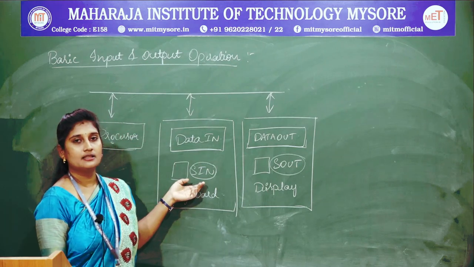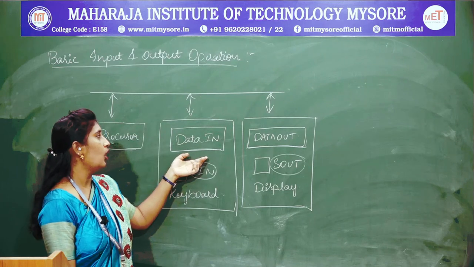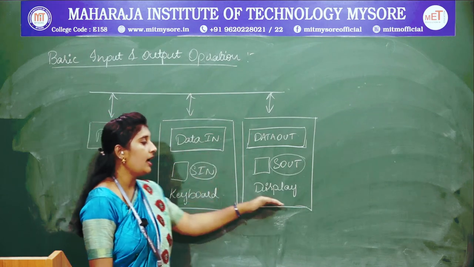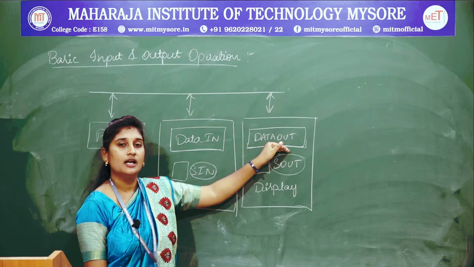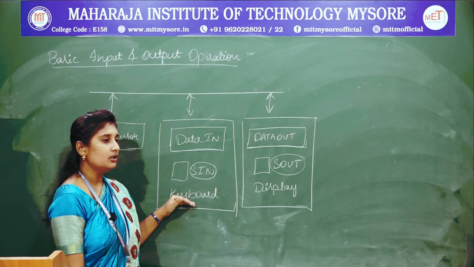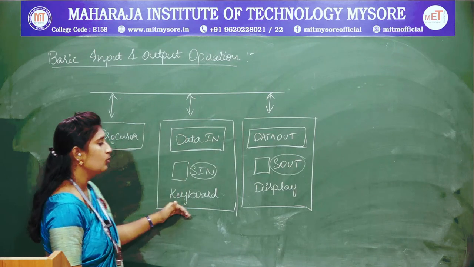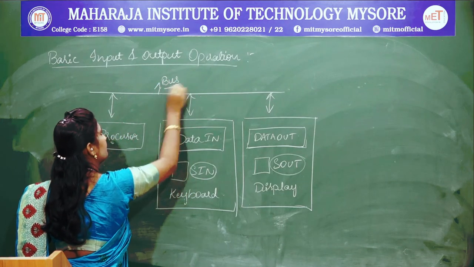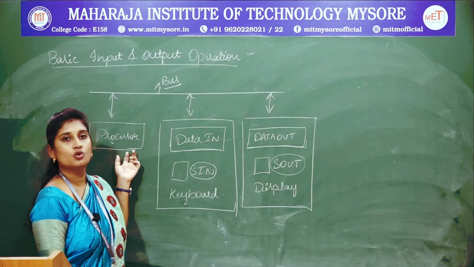So when this S in status flag is 1, it is understood that the buffer register... The keyboard, the input device, will have one buffer register, and the display or the output device will have another buffer register called data out. So you will be entering the key when you press it on a keyboard, and that will be moved on to your data in register. The processor, input device and output device will all be connected using your bus structure. So when you enter a key on your keyboard, it does not directly move to your processor.